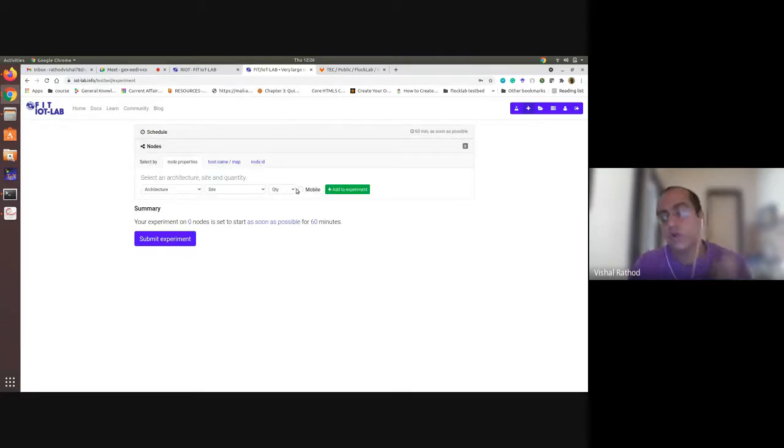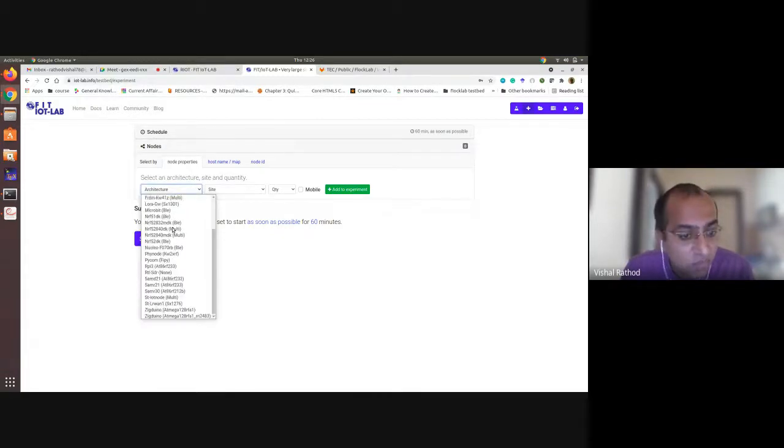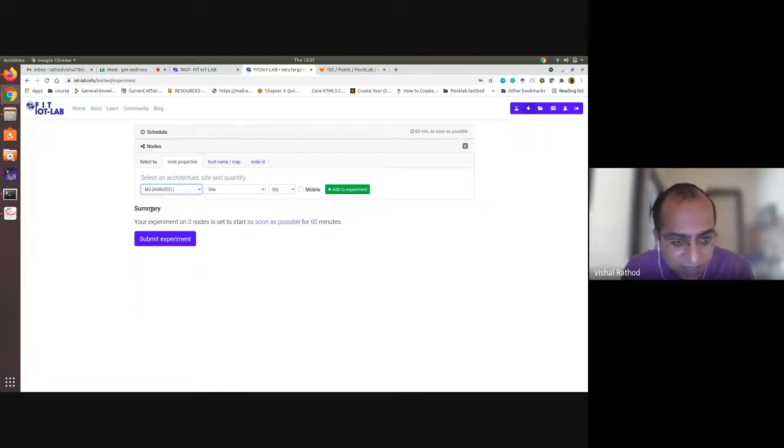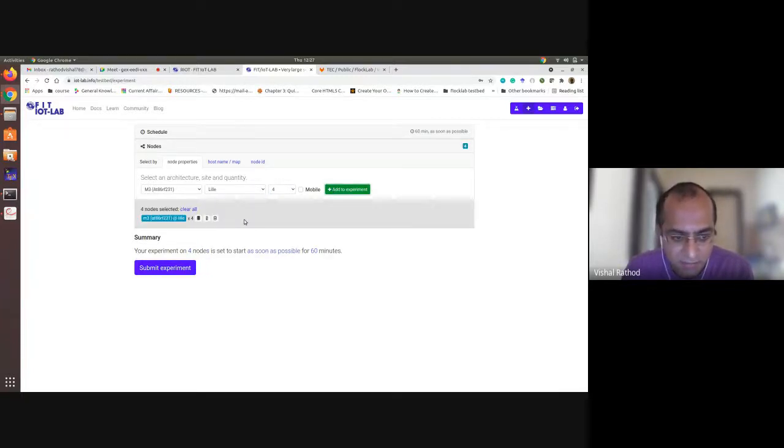There are three ways to select the node. First is by using the node properties. You can select any of the architecture or hardware that I showed you. These are the nodes available at particular premises. Select the particular site, select the number of nodes, and add to the experiment. If you click on it, it will add it.